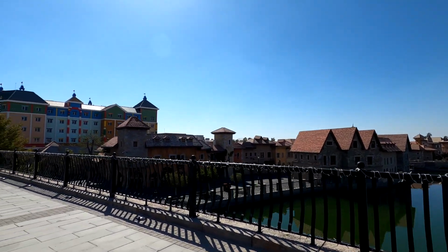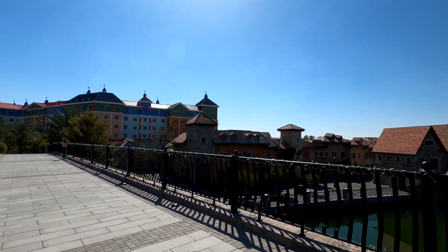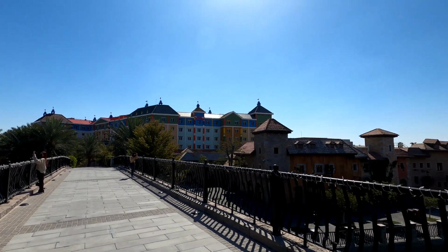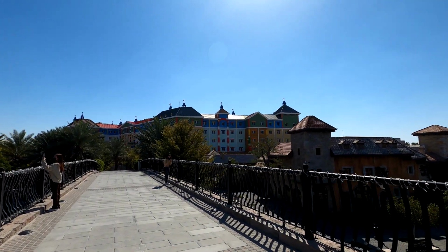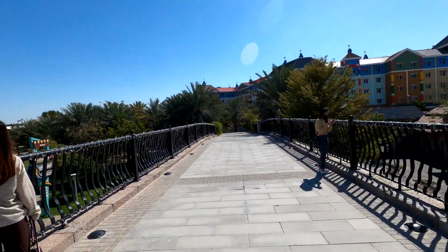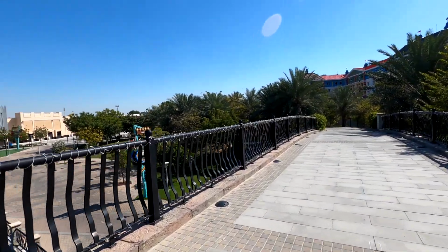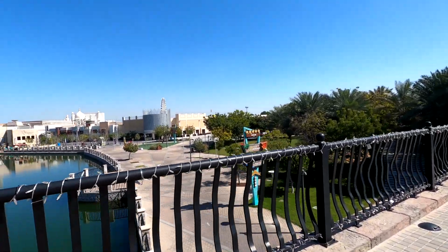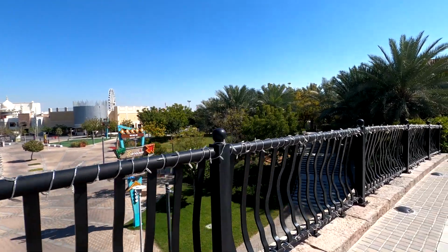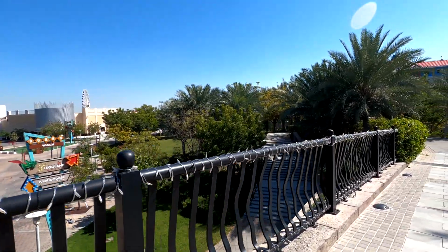So where we are now walking over, there is a video of this all lit up at night. We're now into the heart of Riverland, and you can see how beautiful it is. But what we are starting to look at is the amazing and massive Lego hotel. Now, obviously, we're not looking at the entrance to the hotels. We've got to walk past the outside of this huge hotel to then walk down to the entrance of the